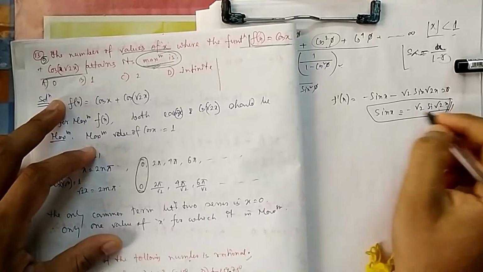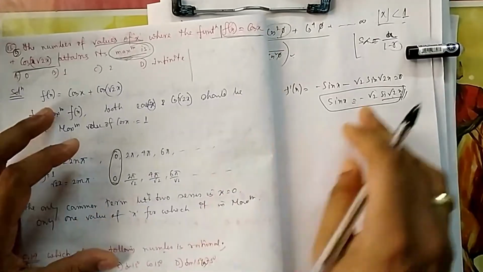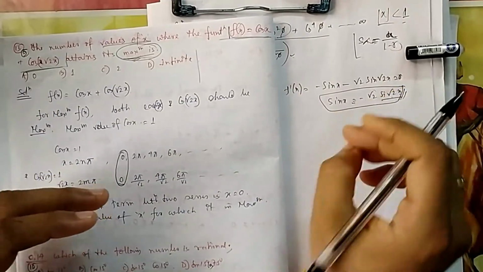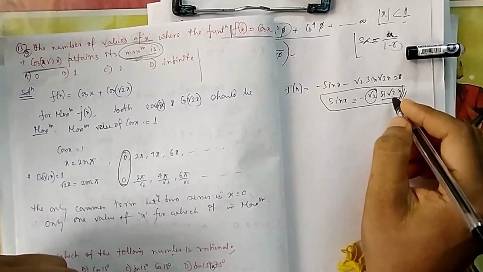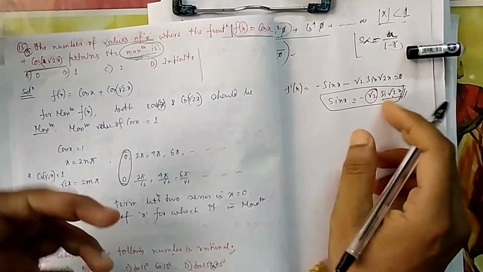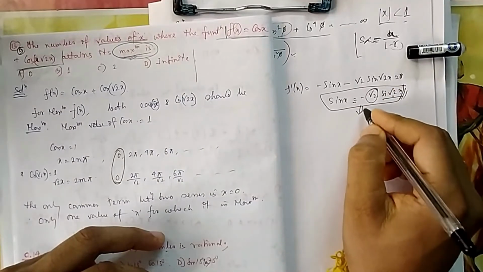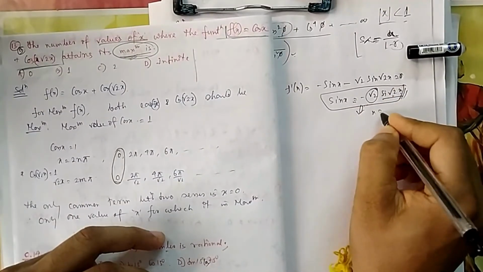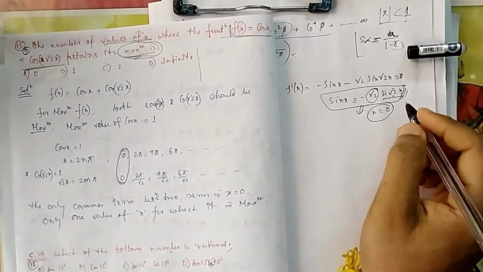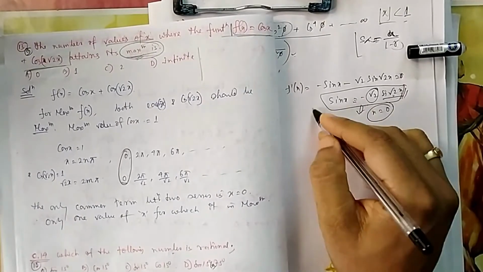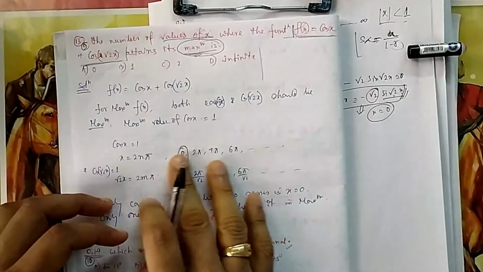And how to solve this one? In trigonometric equations, we will try to make everything in a single variable. So this root 2 will make it problematic for you. You cannot take this side, you cannot apply sin C sin D, you cannot say anything. So you cannot find any conclusive evidence. You can only say that if x is equal to 0, it is satisfying. For other values, whether it is satisfying or not, you cannot directly say. So with differentiation, I am not getting any conclusive idea.